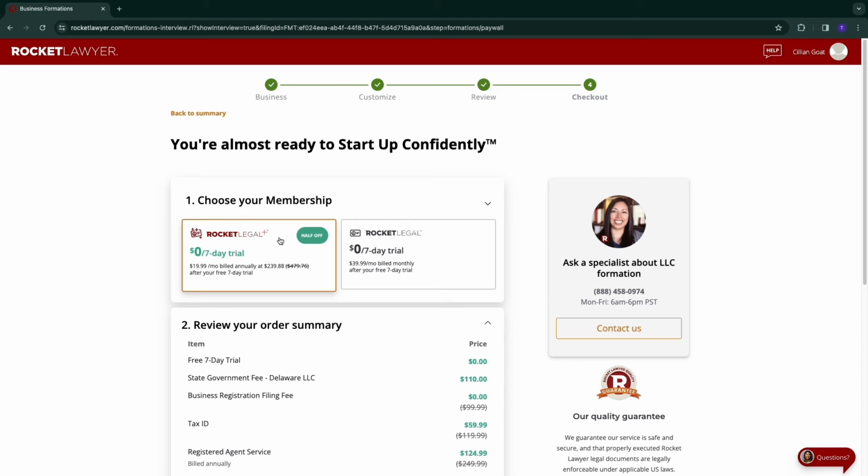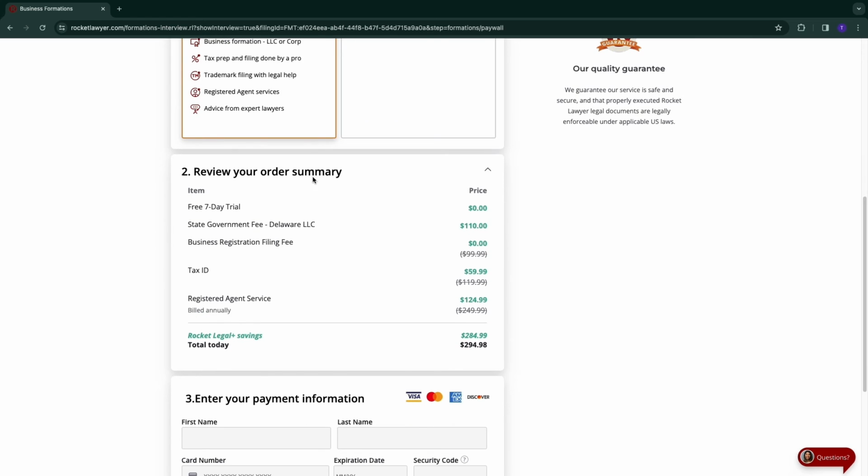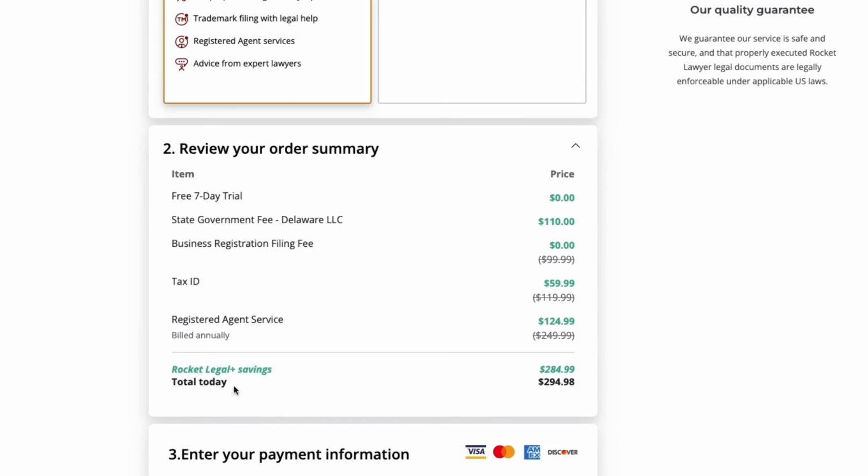Now all you need to do is choose a membership. So you can either choose Rocket Legal right here or the other Rocket Legal, and the difference between these is that this one will be billed annually and this one will be billed monthly. So I'm going to select annually. When you click on the drop down menu, you can see what's included. Now when you scroll further down, you will see your order summary. So the total price for me is